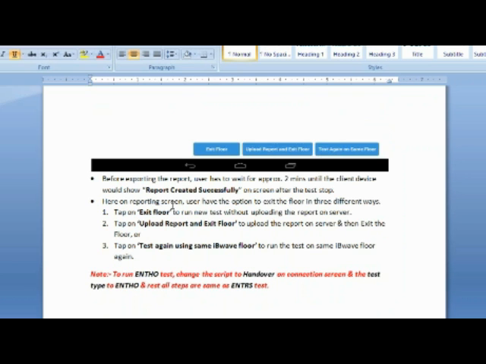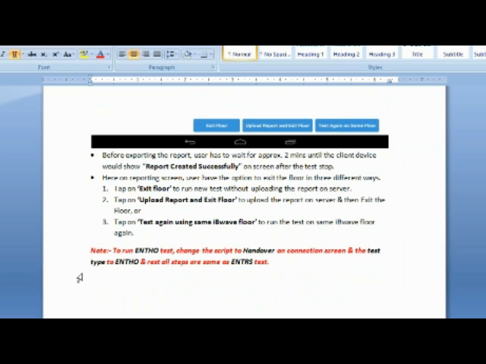And similarly, if you can see on your screen, there is a note that to run the ENT handover, in a similar way you can do the handover. You are having the green bubble on screen, right? During the reselection process, when you start the test, in the same way you will get the handover between those two PSCs. Then you will get a handover bubble there on your screen while tapping the screen. So in the same scenario,